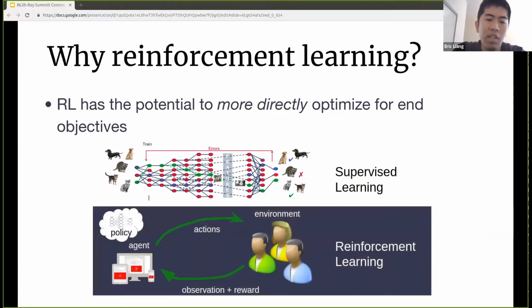In reinforcement learning, you're instead training an agent or a policy to take actions in an environment. So it's making decisions about what to do. For example, it might be deciding what ads to show to users. And the agent's going to collect feedback from the environment in terms of observations, for example, user telemetry, and rewards, for example, revenue. And over time, the goal is for your agent to learn from its experiences and learn to take better and better actions to optimize some metric.